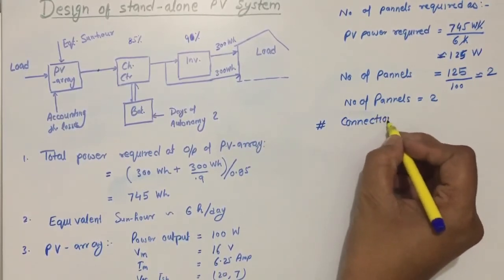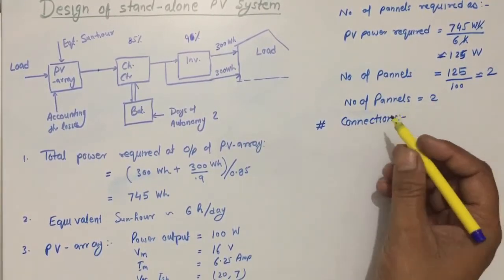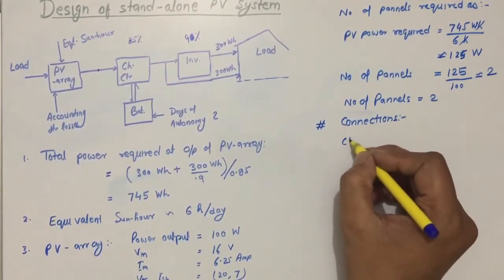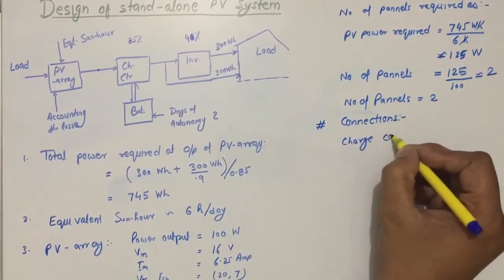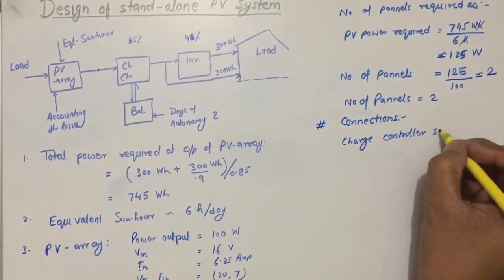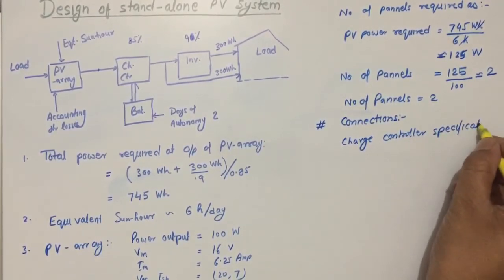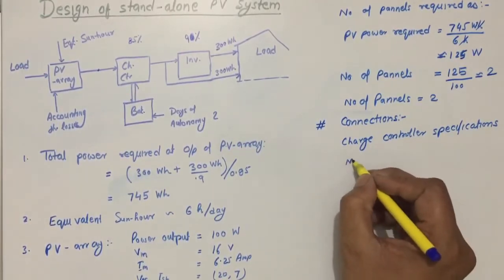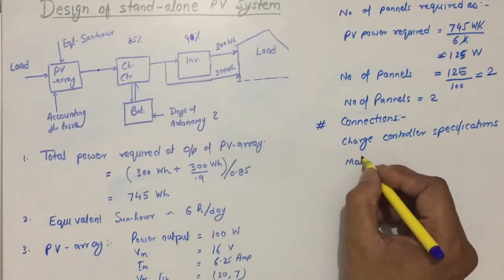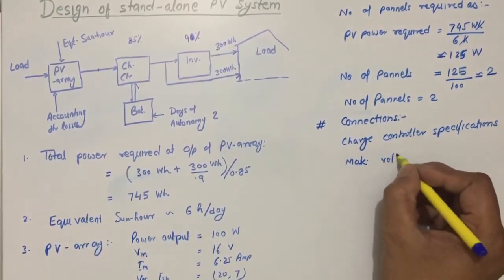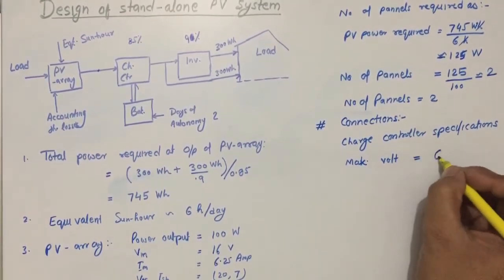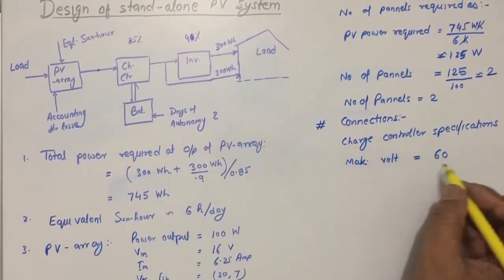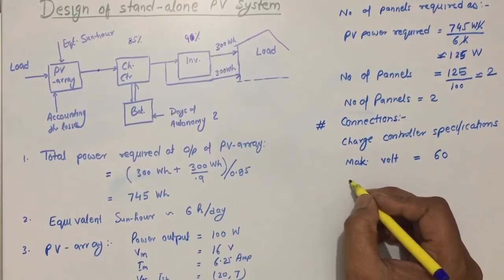So to know the connections, the charge controller can help. The charge controller specifications will be mentioned, and that may be the maximum volt for which it can be operated. Volt can be 60. The maximum voltage rating for the charge controller is 60, and the current rating is,